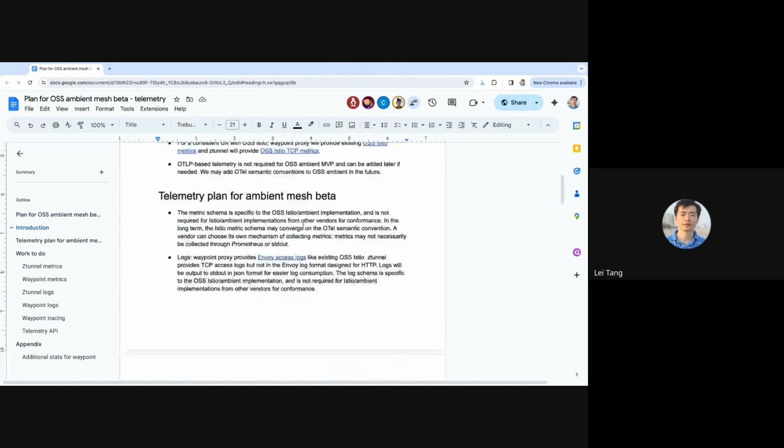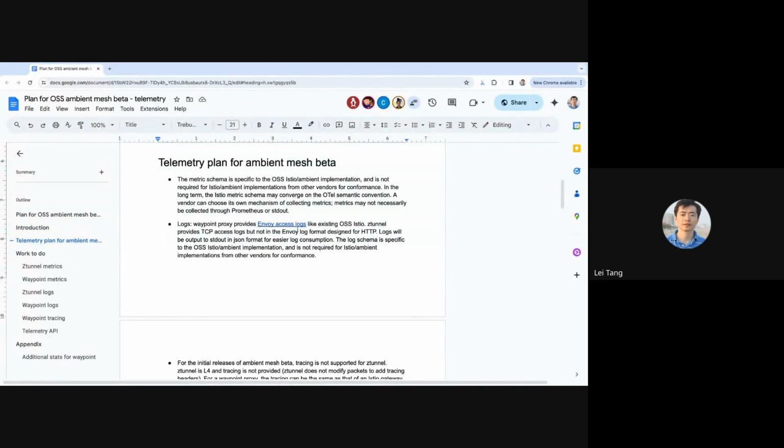And next part is some plan for the ambient mesh beta. I will not read it line by line, but maybe I can outline the key ideas.